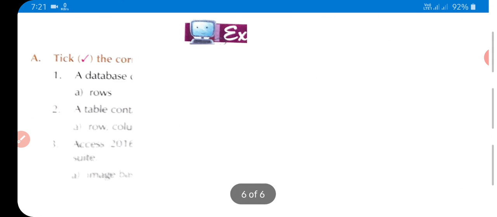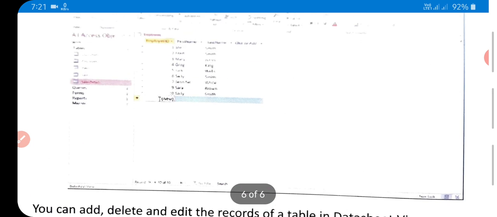And to open a table, students, there are many ways of adding data to an Access 2016 table. Add records directly in datasheet view. To open the table in datasheet view, double click on the table in the right window pane.